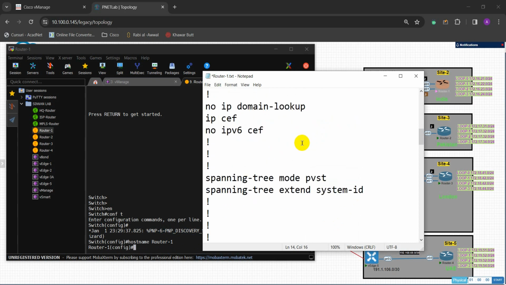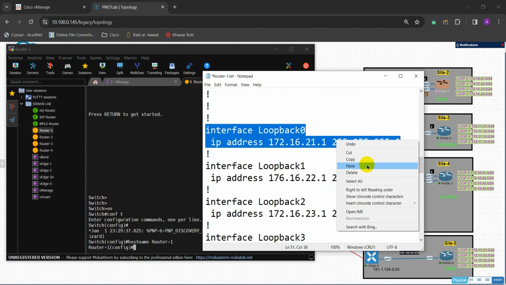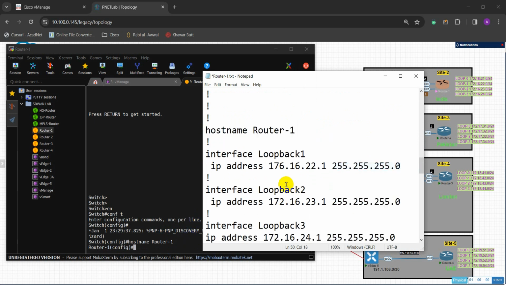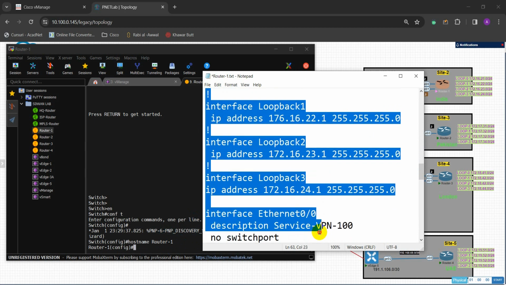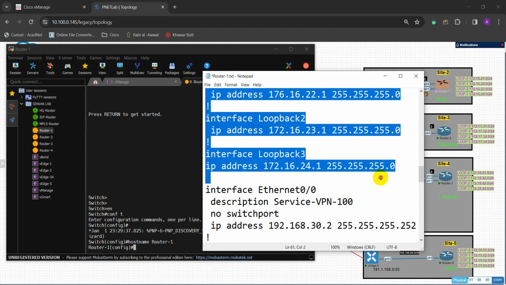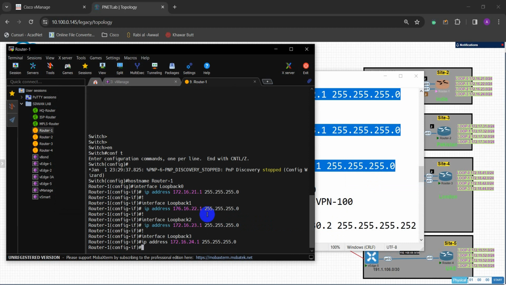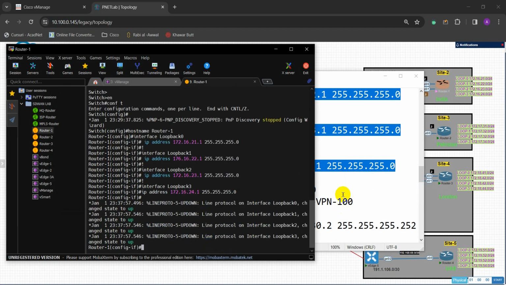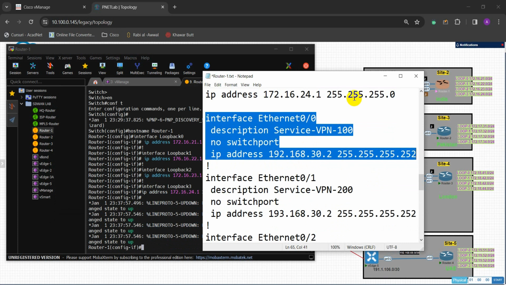Then we need to configure the IP addresses, loopback 0, loopback 1, 2, 3. So all of the loopbacks are up. Now the interface